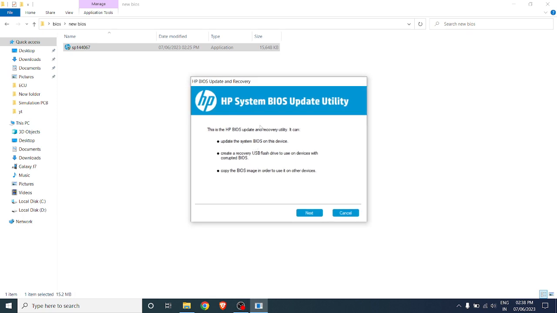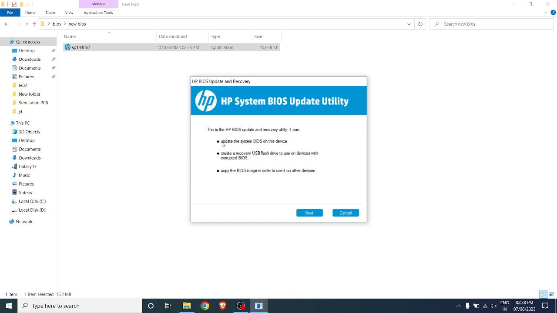This is the extraction utility for HP. We have three options. The first is to update the system BIOS on this device. I am using a Dell laptop, so this option will not pop up for us.